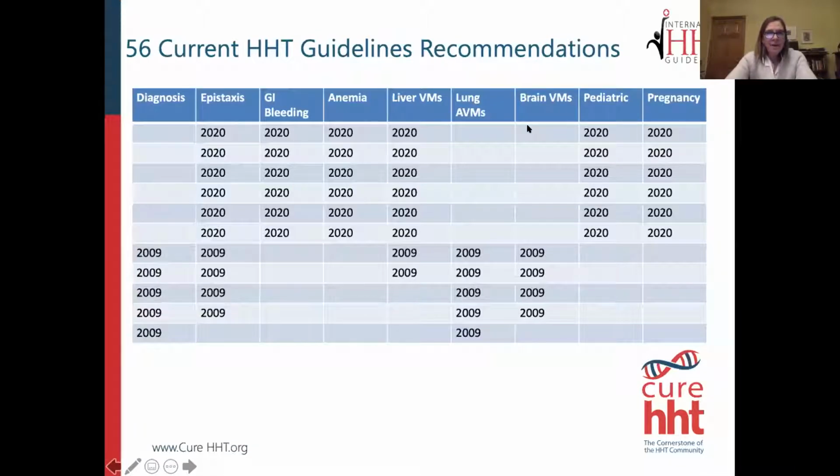However, when we published the HHT guidelines this past year, we also included those recommendations from the first guidelines process that we still considered to be current. And those included recommendations regarding lung AVMs, brain vascular malformations, diagnosis of HHT, including clinical and genetic diagnosis, as well as some of the original epistaxis guidelines as well.